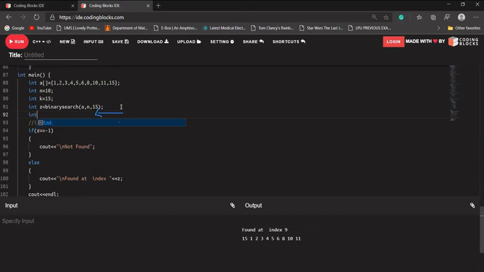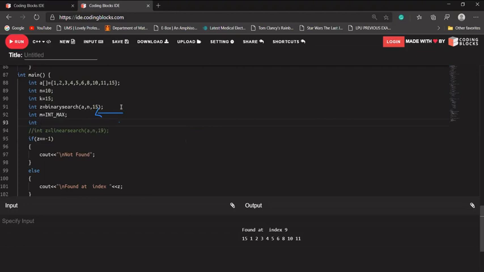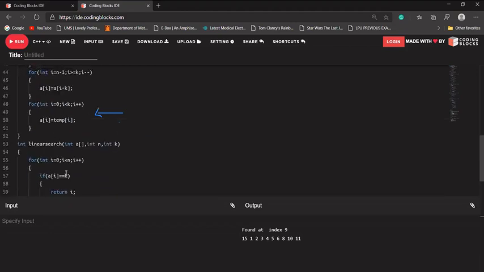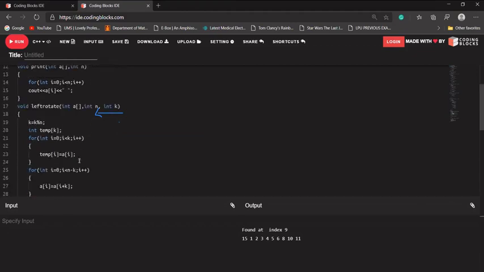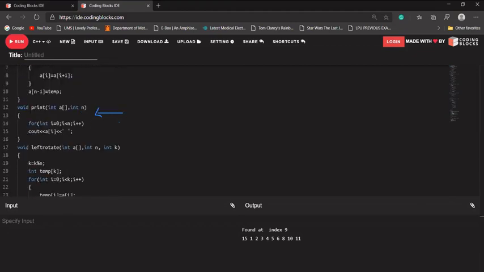Let me write int max and int min. Int max is the maximum possible value of any integer, and int min means the minimum possible value of any integer. For this, I have to include a library, that is math.